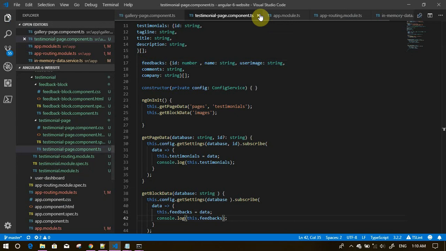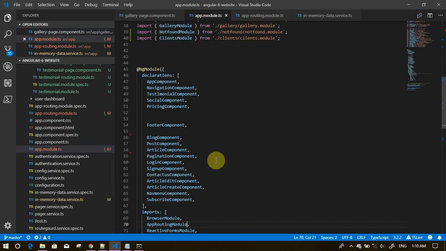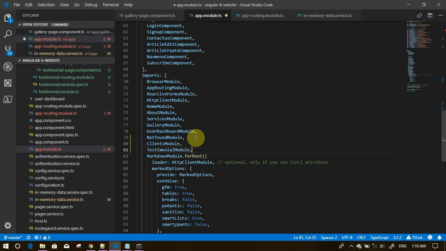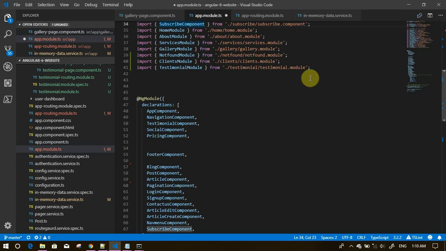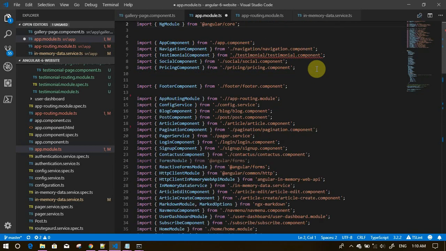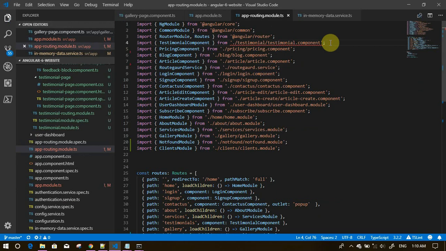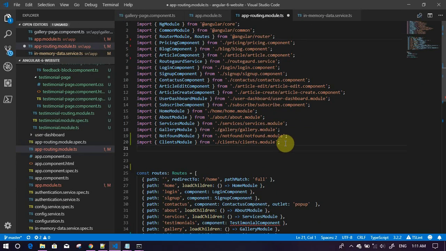and let's close these. Now make changes to the app module. So in the app module, let's include our testimonial module, comma, copy it from here, and while we're here, let's delete the testimonial component, paste. App routing, testimonial component. Let's include the module,